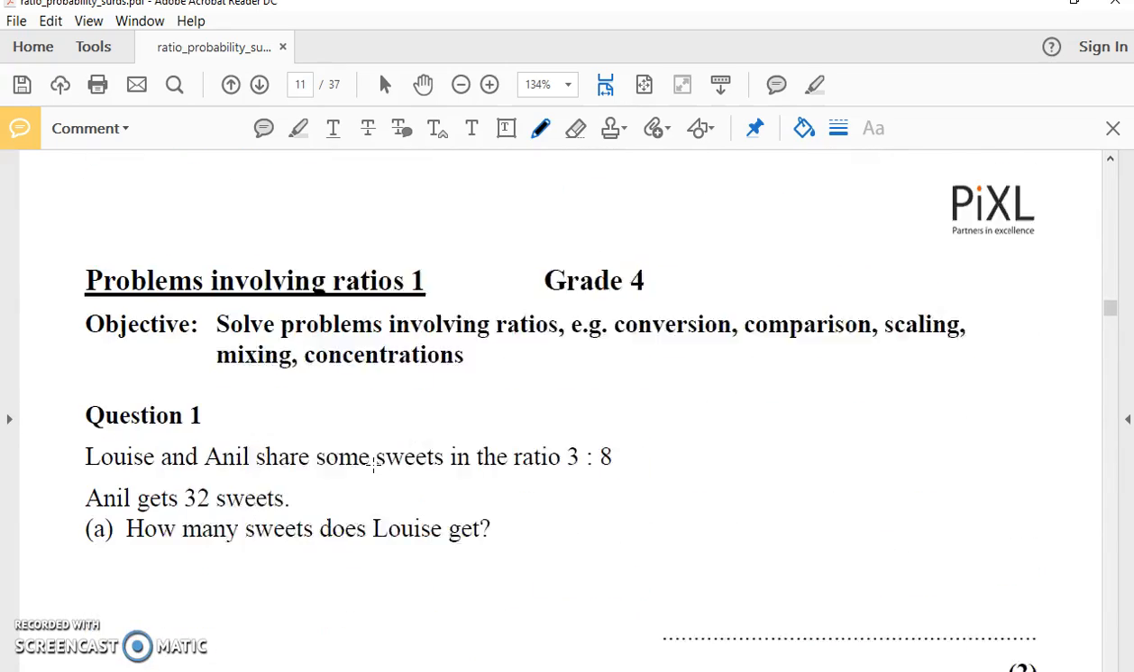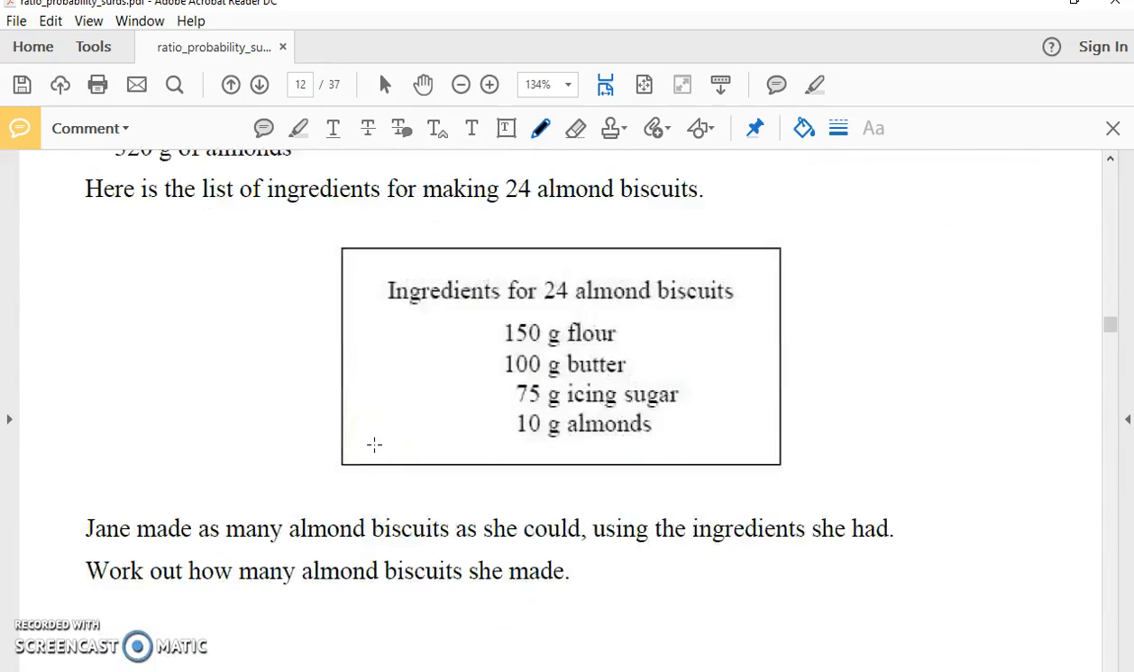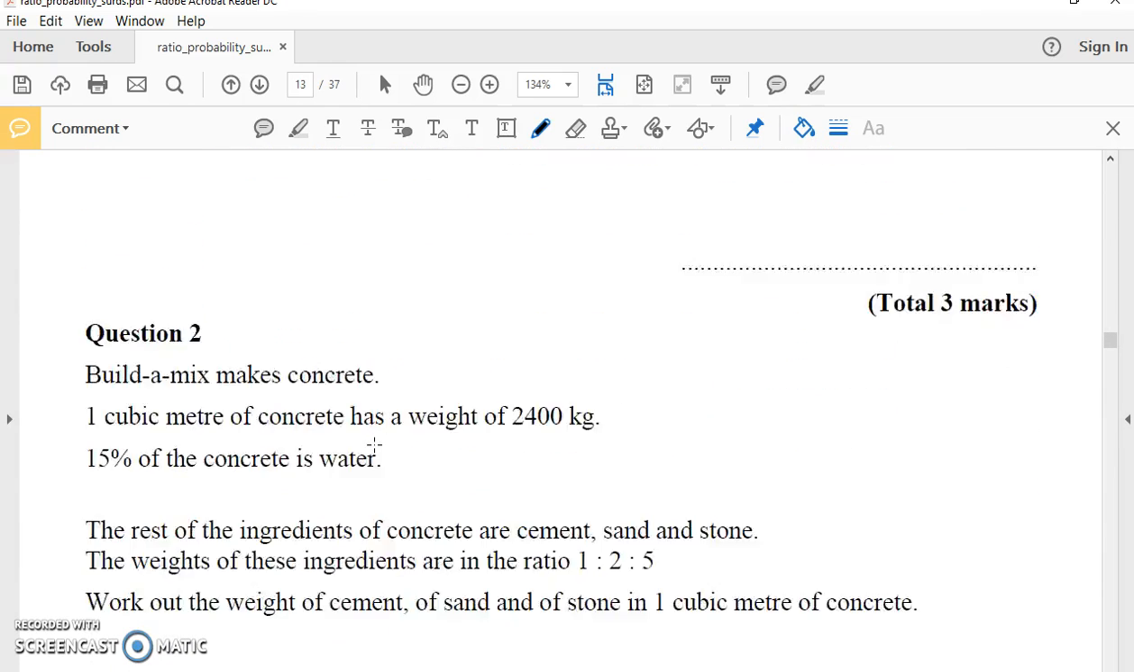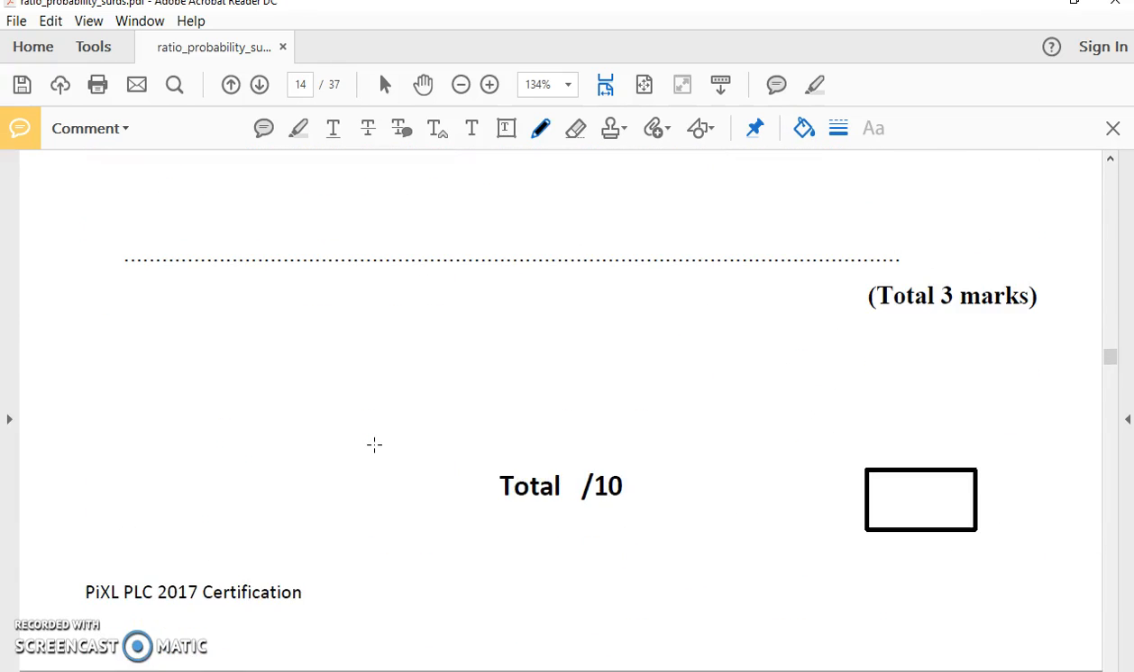Skipping ratios. Skipping ratios. Skipping ratios. Now,